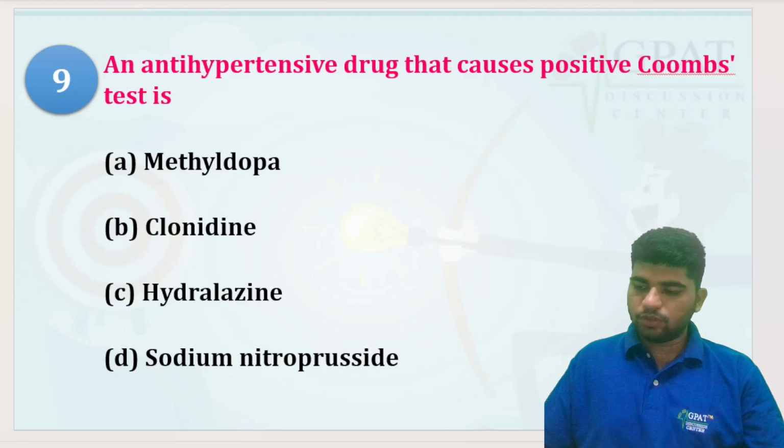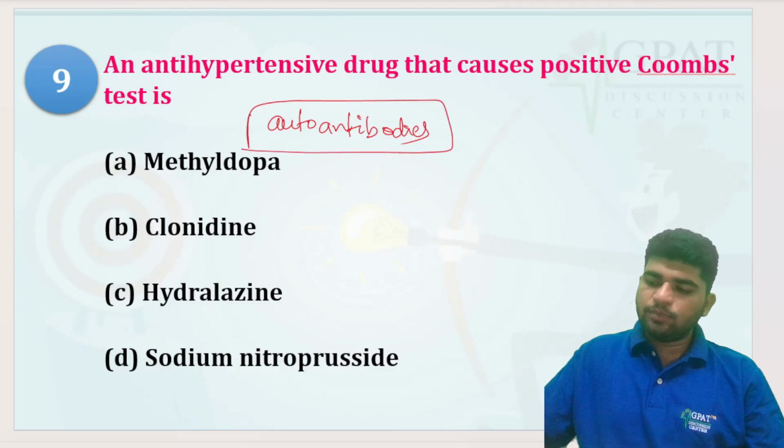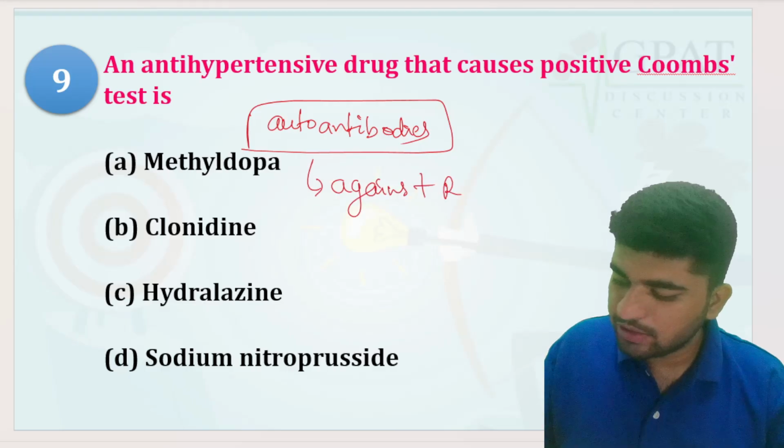Which antihypertensive drug causes a positive Coombs test? So what is a positive Coombs test? One of these four drugs may produce autoantibodies. These autoantibodies are generally formed against